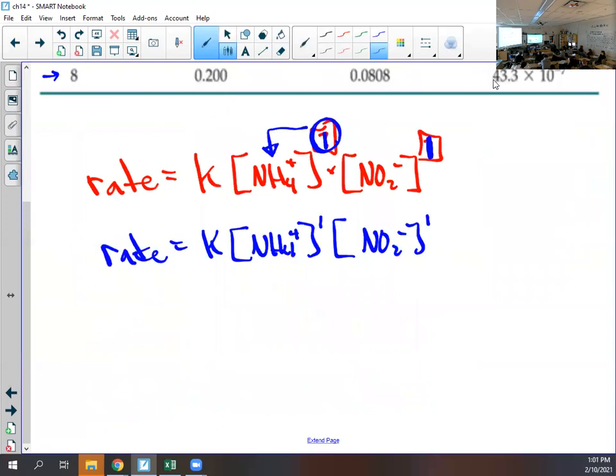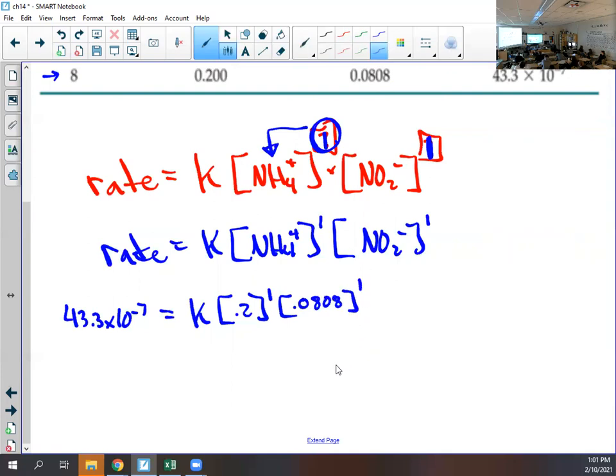So my rate is the answer on the right. 43.3 times 10 to the negative 7 is equal to K times 0.2 to the first times 0.0808 to the first. So K will be equal to